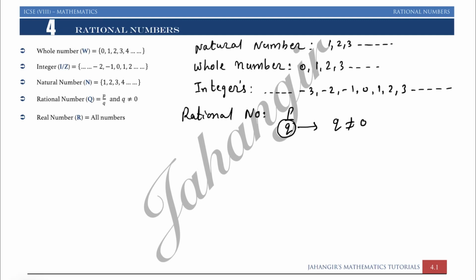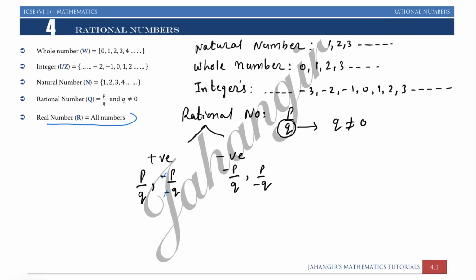Second thing, a rational number can be of two types. One is positive rational number and second is negative rational number. In a positive one, both numerator and denominator can be positive or both can be negative. But in a negative rational number, any one can be negative, either numerator or denominator. It's an understood thing. Okay, if both are negative, we can cancel out. We can cancel this negative, it will become positive.